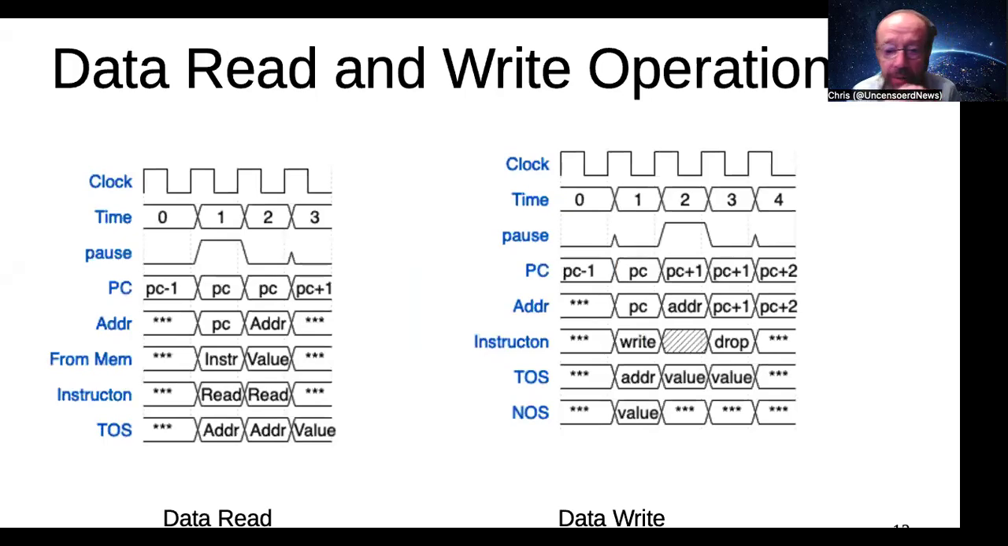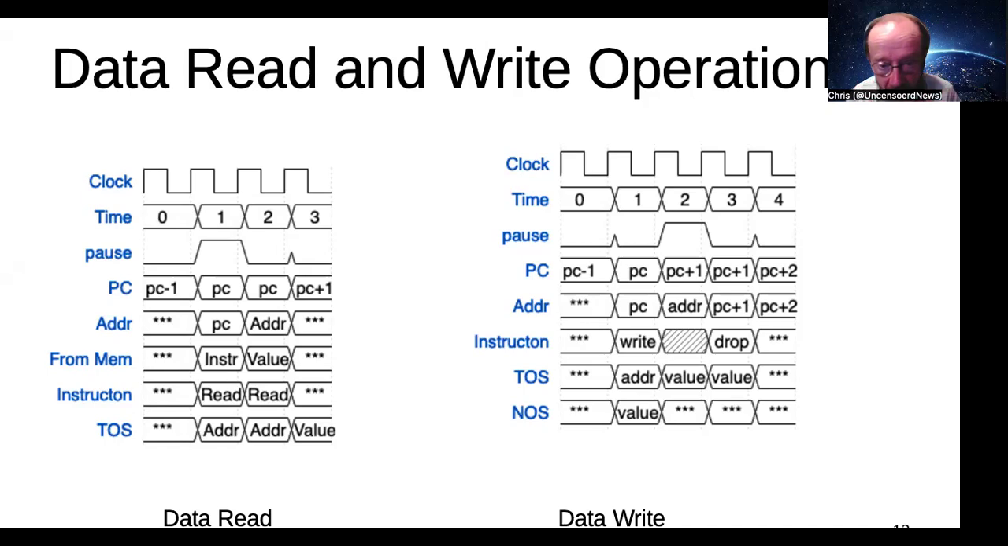So what are we doing here? Here we have the data read and write. On the left, we'll take a look at the data reads. Basically, your program counter is going along, and at some point you give the program counter to memory on the address line. It comes back with an instruction, which is the read instruction. On the top of stack, you have the address. So in the next clock cycle,